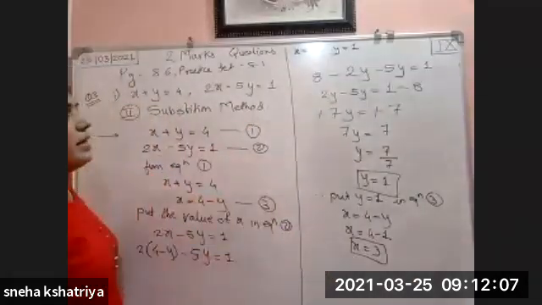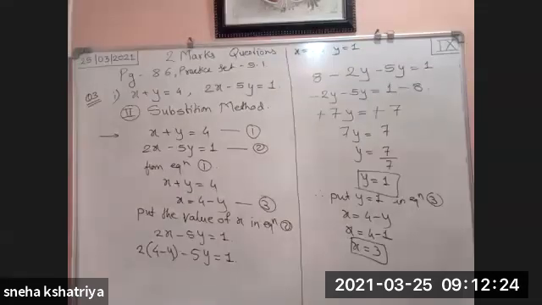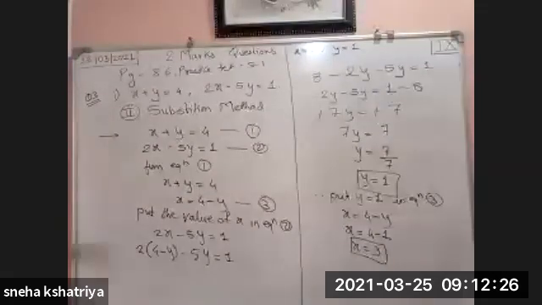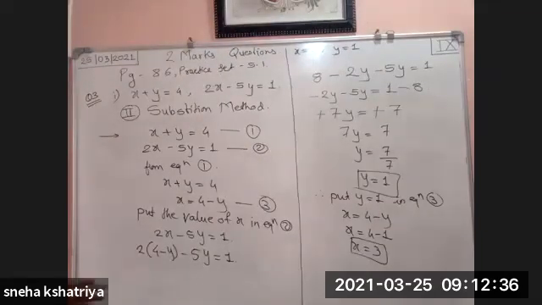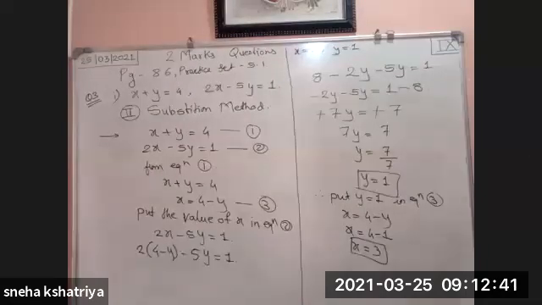So if you compare the elimination method and the substitution method, by any method you go, your answer is the same. There is no difference in your answer. Whichever method is convenient for you, you can write it down. But if in the exam it is specified to use the substitution method or the elimination method, then according to that you have to write down the answers. Otherwise you can use any method to solve the example.